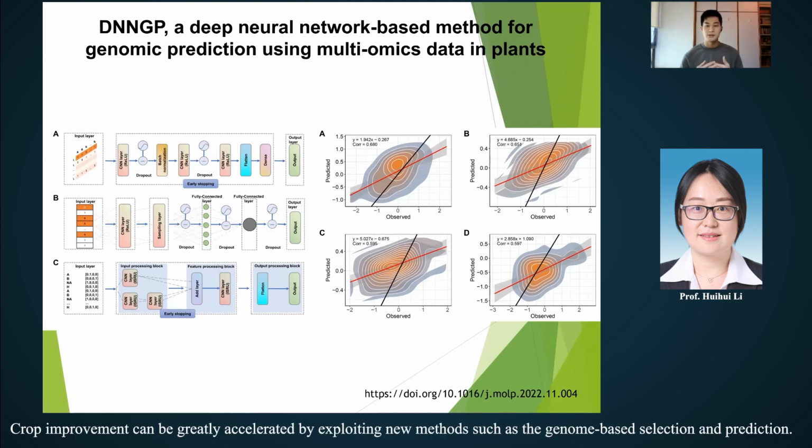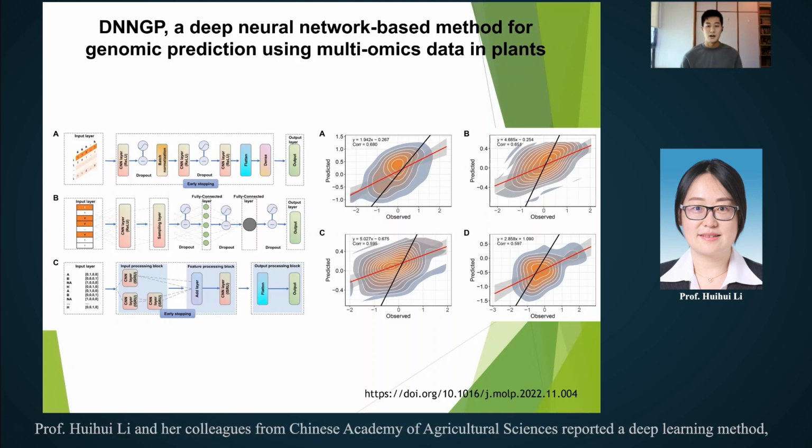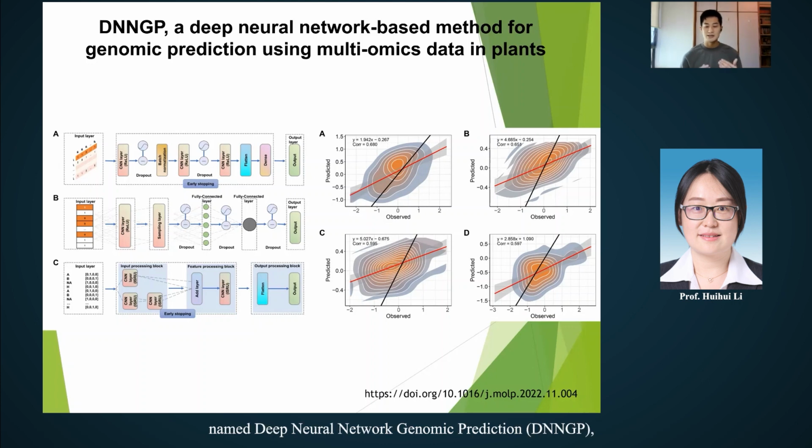Crop improvement can be greatly accelerated by exploiting new methods such as genomic-based selection and prediction. Professor Hu Li and her colleagues from the Chinese Academy of Agricultural Science reported a deep learning method named Deep Neural Network Genomic Prediction, or DNNGP, for prediction of quantitative traits from multiomics data in the context of genomic selection